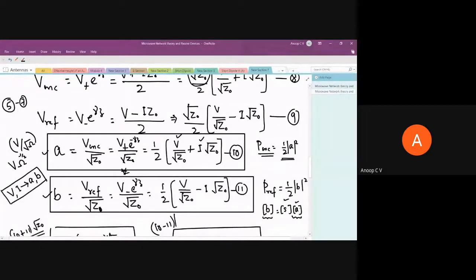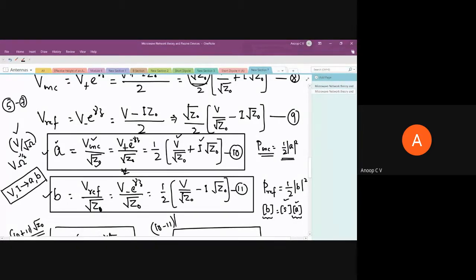So A and B, how they are defined in terms of voltage and current, that's what we were seeing yesterday. This A is the independent variable. That is nothing but V plus, the V incident, normalized by root of Z0. Now I'll give you some technical terms. This is parameter A. It is the normalized incident voltage, V incident normalized by root of Z0, and its unit is volt per root ohm, or volt ohm to the power minus half. So it is incident voltage normalized by root of Z0, where Z0 is